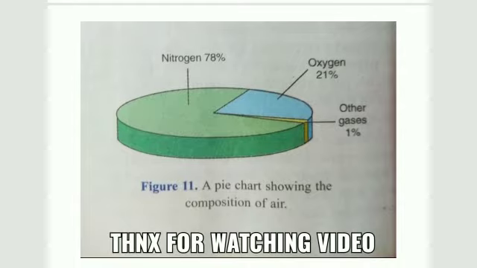And the last one is called a pie chart. A pie chart showing the composition of air. When we show the composition of air, we use a round circle, and we easily understand that this part is nitrogen, 78%, oxygen is 21%, and other gases are 1%. We have also learned this in class 6. So that's all about